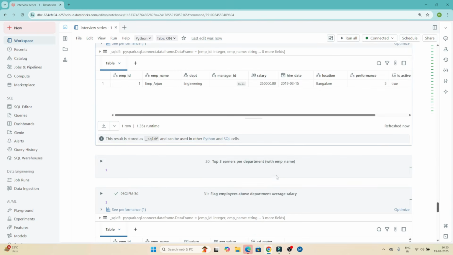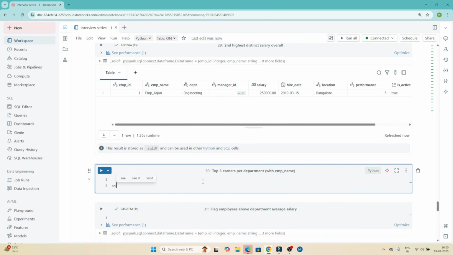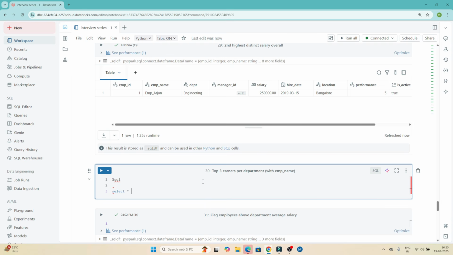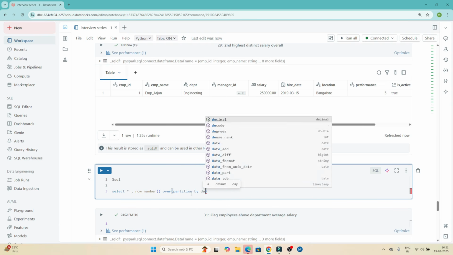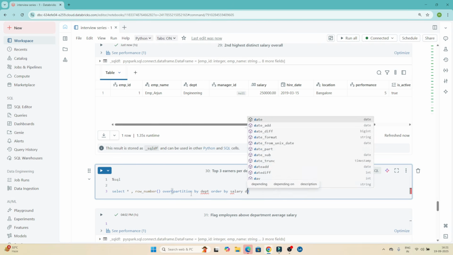Now the next question is the top 3 earners per department. Who are the top 3 earners that we have to calculate based on the department? So this is also similar, right? What do we have to do? I will use a row number, and after that OVER, based on the department we have to do it, right? Then I will use PARTITION BY department, ORDER BY salary descending,